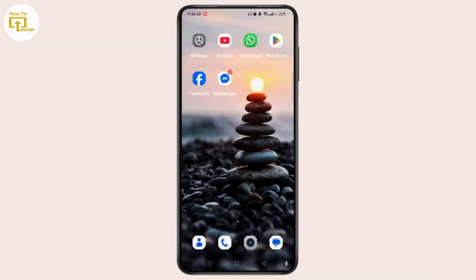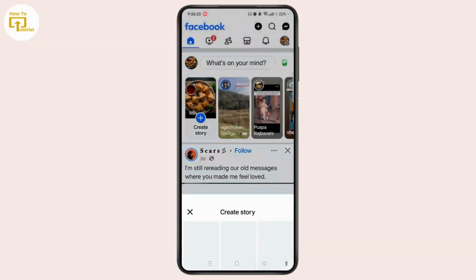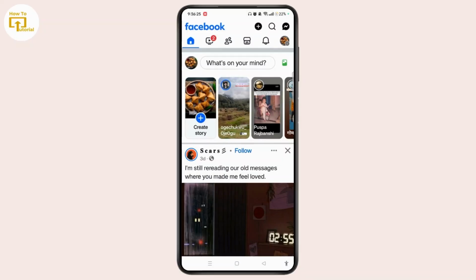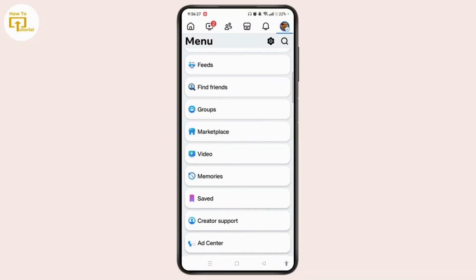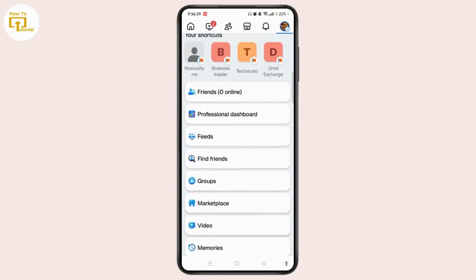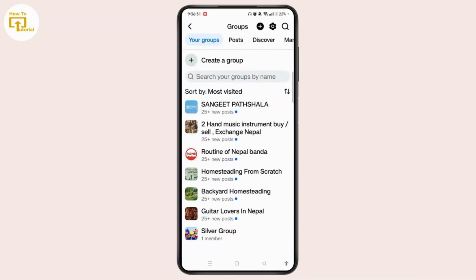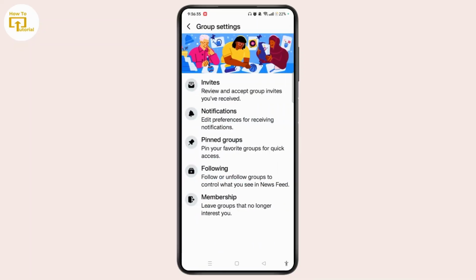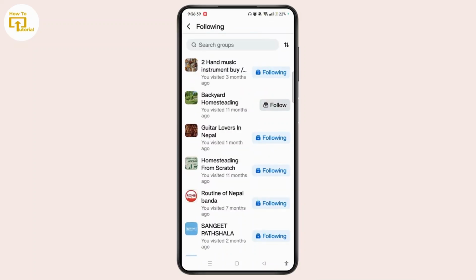First, launch the Facebook application and make sure that you sign into your account. Navigate to the three-line menu icon at the top right corner and from this menu bar select groups. Scroll down and you will see the gear icon at the top right corner. Select that. From this option, choose the following option and here you will see all the groups that you follow